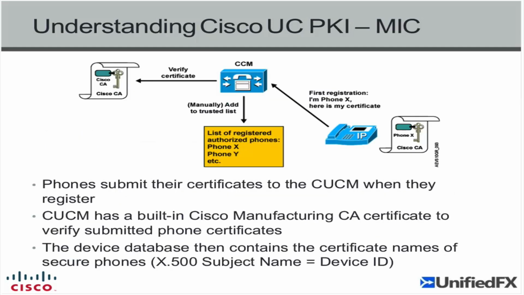With that understanding, let's dwell a bit deeper into MIC, which is the manufacturing installed certificate. So this is the primary and built-in mechanism to have a Cisco IP phone trust only another Cisco manufacturing installed signed application or device. So if an IP phone using MIC has to establish a secure connection to, say, Call Manager, then obviously Call Manager should have the public key for the IP phone. And on the first go, the phone will ask, do you really have